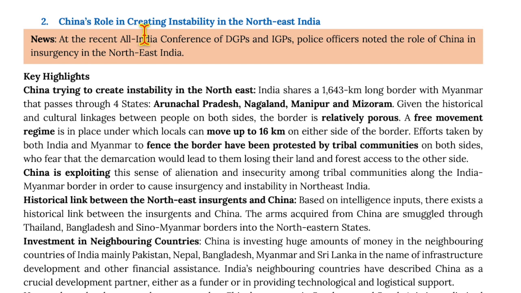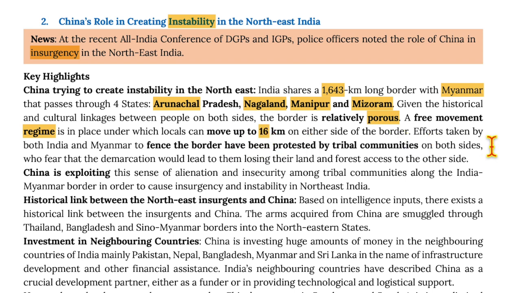Now, moving on to China's role in creating instability in the northeast India. At the recent All India Conference of DGPs and IGPs, police officers noted the role of China in insurgency in northeast India. Now, the key highlights from the meeting is China is trying to create instability in the northeast. That is, India shares a 1,643 kilometers long border with Myanmar that passes through four states, which are Arunachal Pradesh, Nagaland, Manipur, and Mizoram. Given the historical and cultural linkages between the people on both sides, the border is relatively porous. A free movement regime is in place under which locals can move up to 16 kilometers on either side